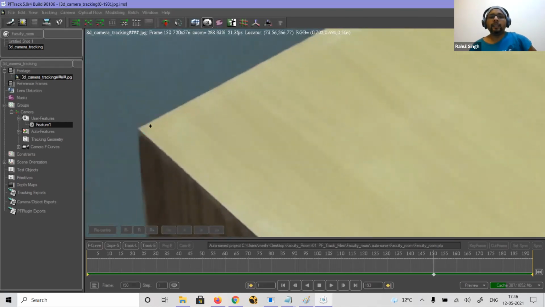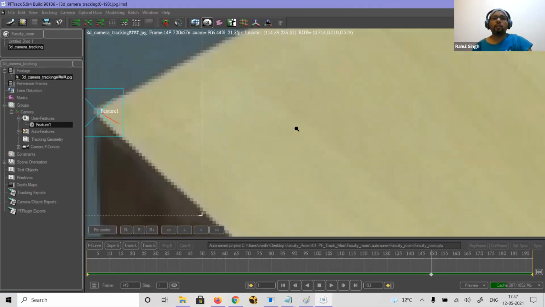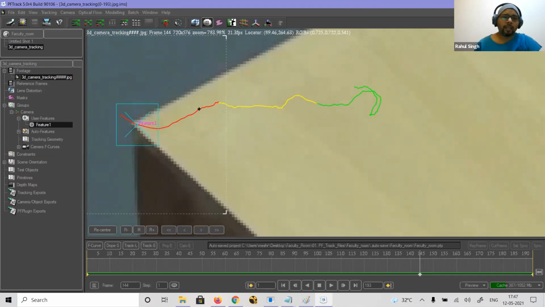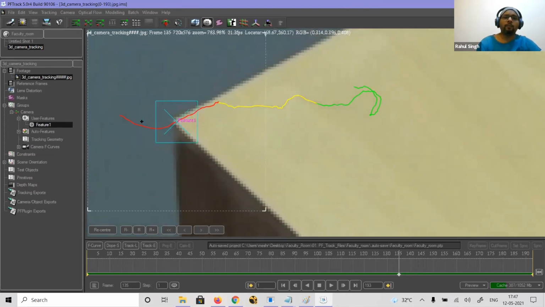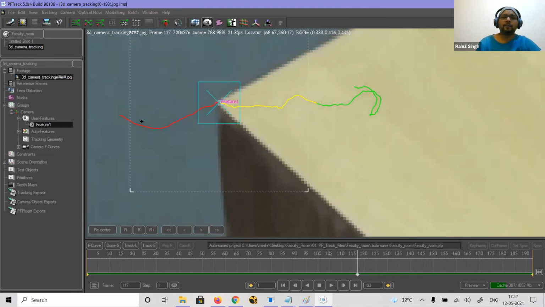Failed means in this area it is not able to find where the point is. So go one frame back and try to see from which frame you got the error. You can see there is a red line, meaning these are all errors. So go one frame back, because I can see it has shifted a little inside. Go back, go back, go back, till the frame you are satisfied with.